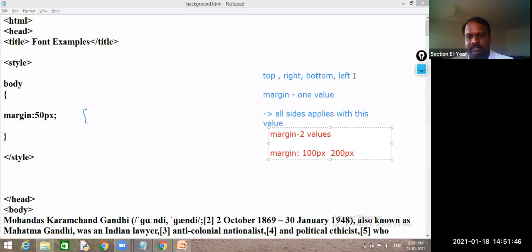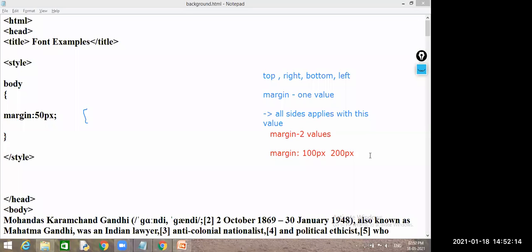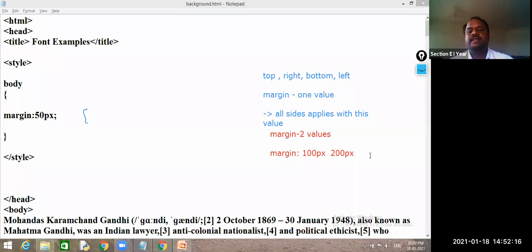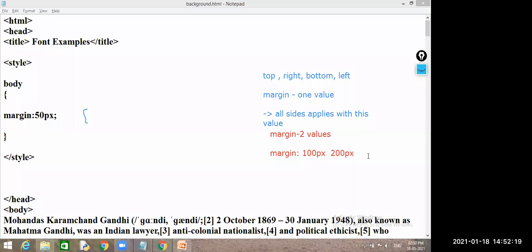Top, right, bottom, left. The first value is assigned to top and the second value is assigned to right. Top is assigned 100, right is assigned 200. What about bottom? What about left? Does it remain the same? 100 200, or 200 100, or 100 100?